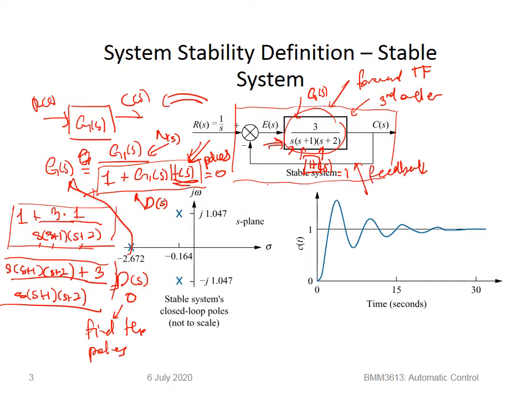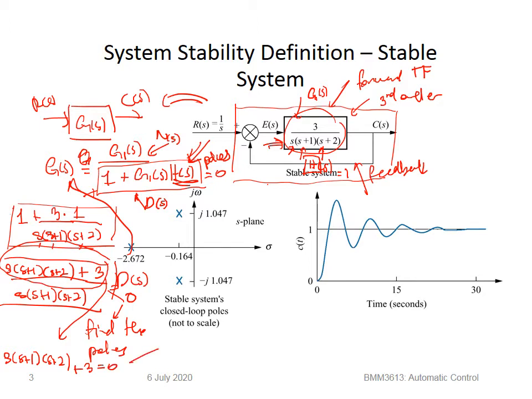So you see, to make this whole thing 0, we have to have the upper part of the system equal to 0. Luckily it's not that difficult. It's quite easy. But imagine if we have a larger system, it will be much harder than this. So how do we solve this? This one is quite easy. If you try to solve s multiplied by (s plus 1) multiplied by (s plus 2) plus 3 equals